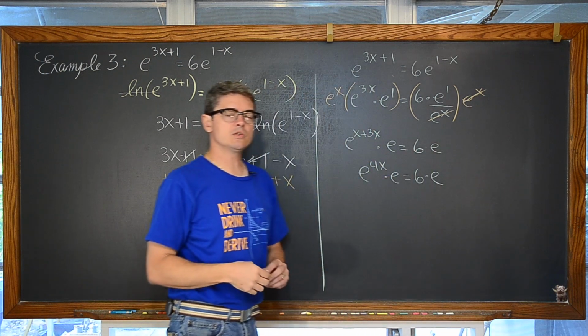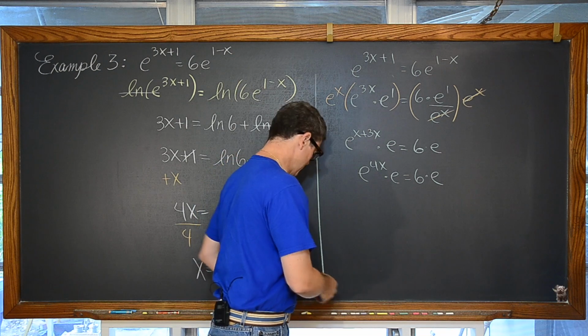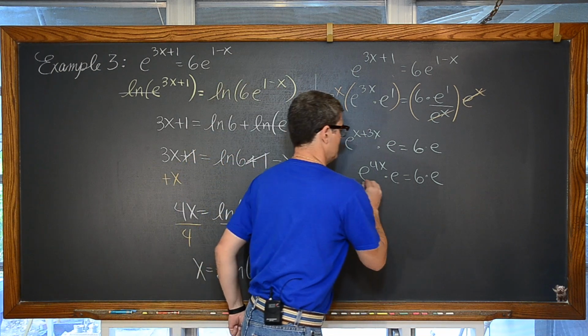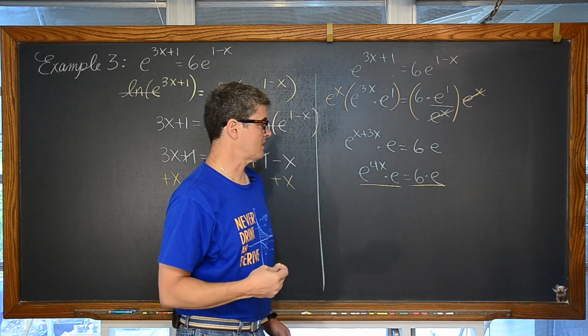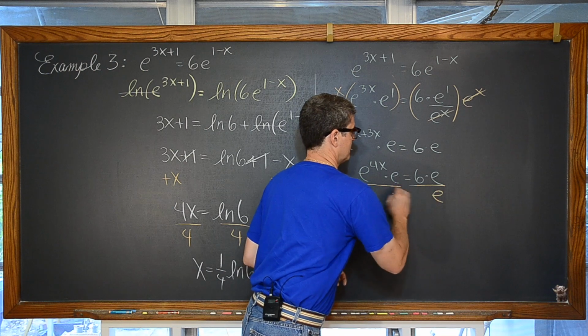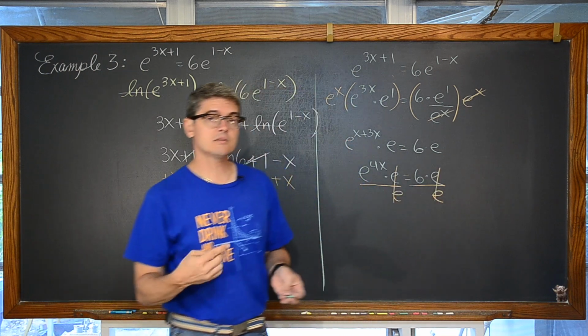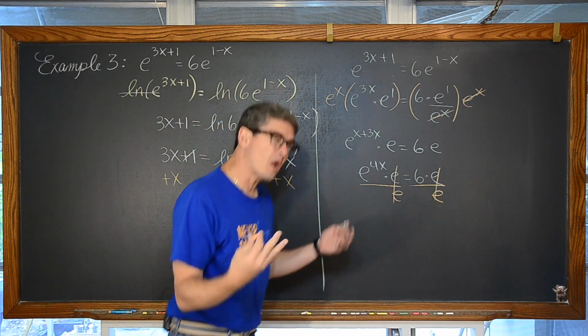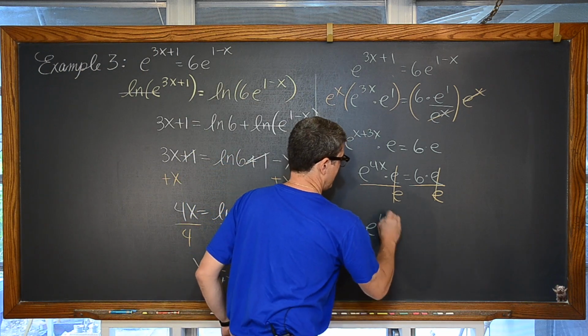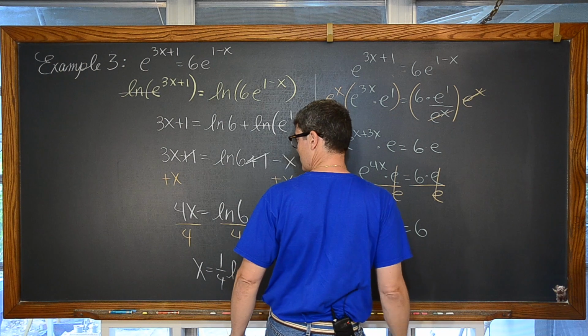When solving equations, you never want to divide away a variable, because you'll lose some of your answers. You'll maybe get some of the solutions, but not all of them. But what I'm going to do here is divide both sides by e, because e is not a variable, right? It's a constant. It's approximately 2.718. And now we have e to the 4x is equal to 6.